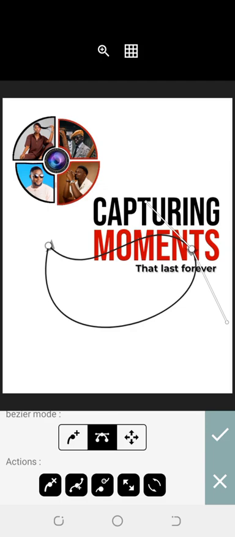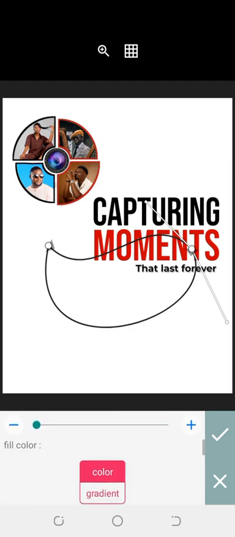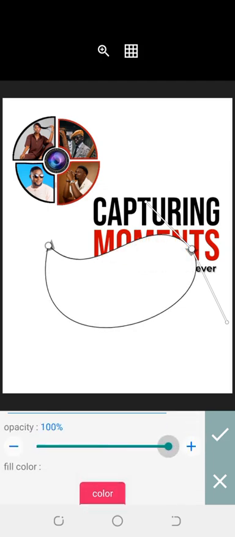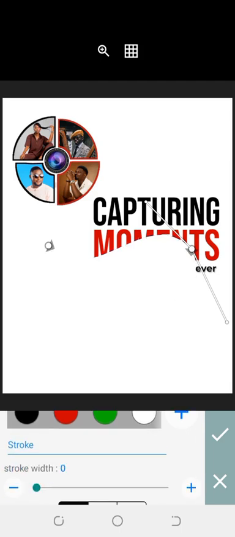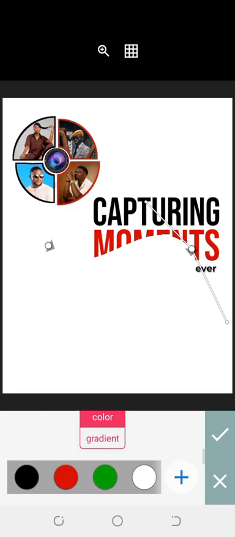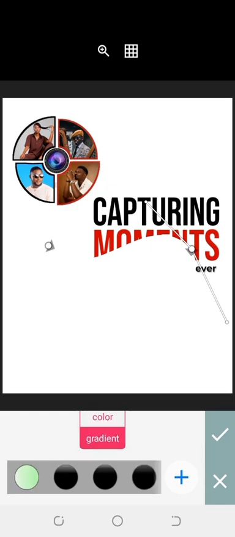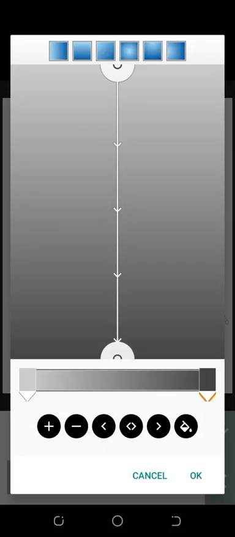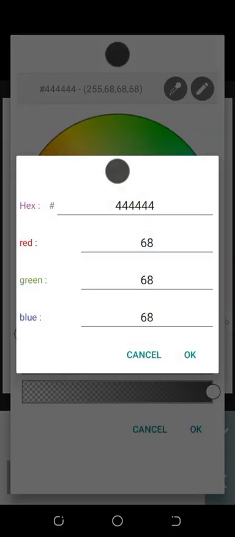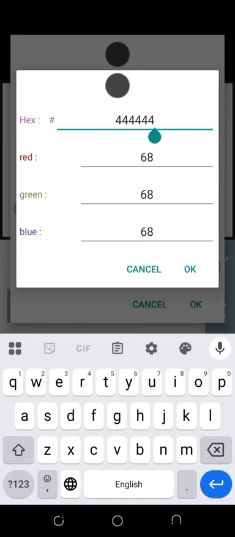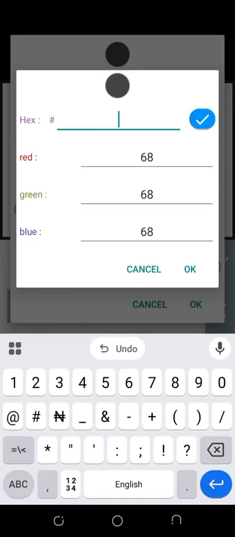Yeah, I feel like I'm okay with this. Then I'm going to increase opacity, and then I'm going to reduce the stroke, and then I'll change this to gradient black. Okay, so this is how I'm going to go about it. I'm going to click on this darker region, and then I'm going to change the color to